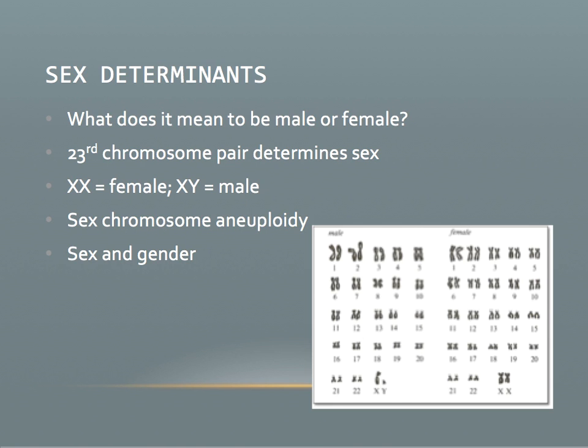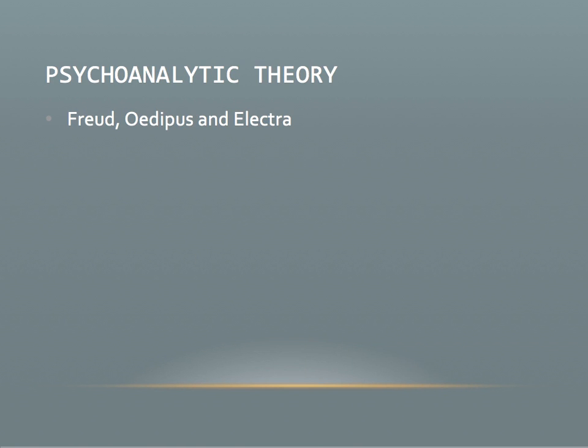Okay, so let's move on to some theories now. The first one we're going to talk about briefly is Freud with the Oedipus and Electra complex. And yes, this is ridiculous. There's no science to back it up. But the reason that I bring it up and think it's important to talk about is because I think it helped lay the groundwork for opinions on gender for years and years and years.